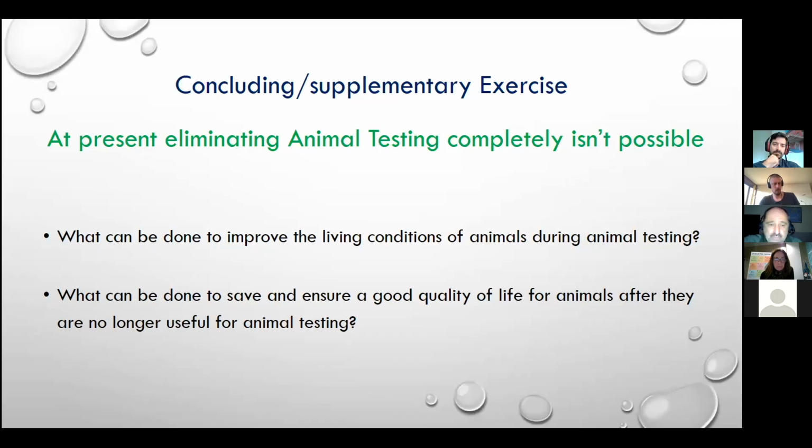Because we are very much aware that some animals do suffer during the phase of animal testing, but almost we never discuss what happens after. If these animals are still alive, what happens when they are no longer useful? And we had a little discussion here. What can we do, or what can be done, or what legislation is possible in order to ensure the well-being of animals during and especially after